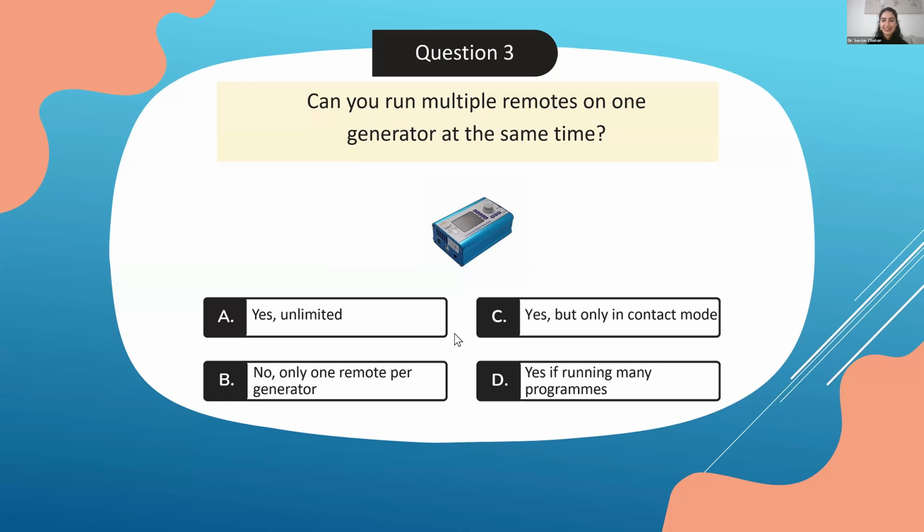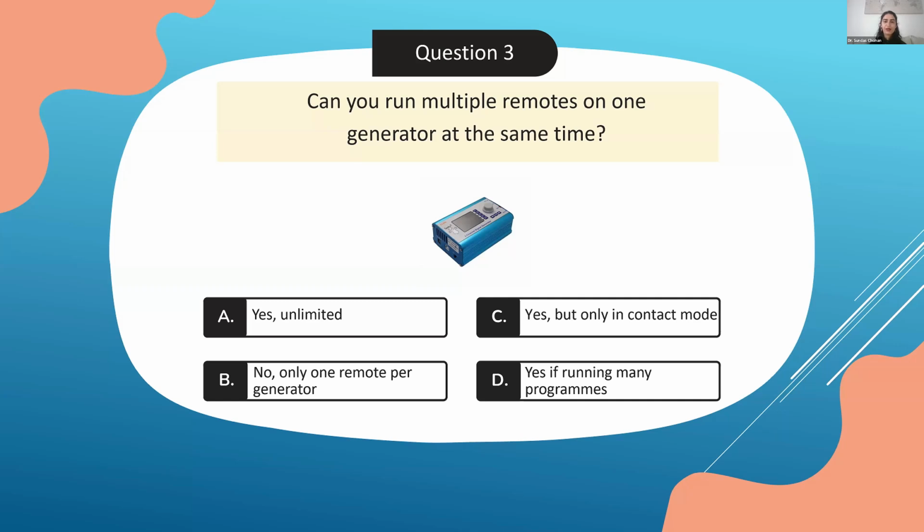Oh, we've had a few different answers here, but mostly the same answer. It looks like it's between A and B from what I'm getting in the chat. Someone said not sure. No, it's only one remote per generator. The answer is B. So I think the reason why some of you might be getting confused is because you're